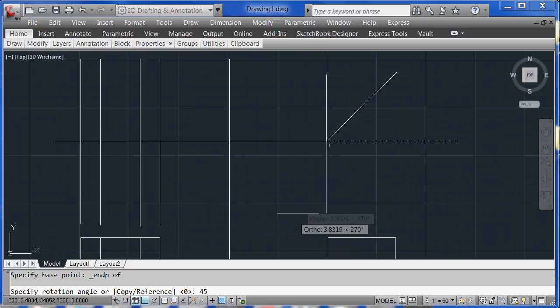So now, what you can do is you can copy this line here, using command CO for copy, and since your F8 is still invoked, you can just copy this line by clicking out here, out in space, and bringing that line down. Okay, that line is the center line, and you can invoke the CO copy again, select that line, and then bring it across. And then using your grip modifier, grab that point and bring it across, because this represents the center line of that hole. Okay,